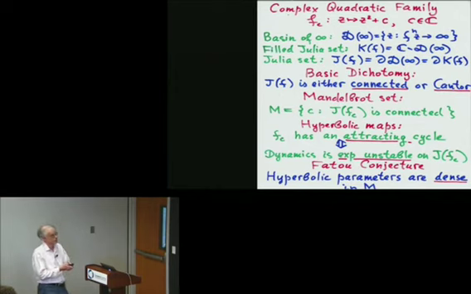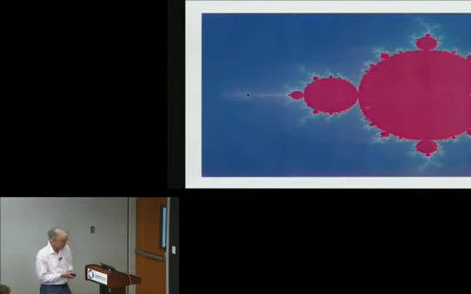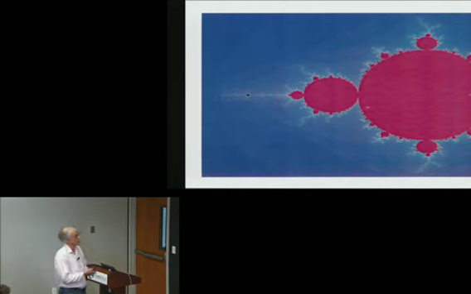So look at our parameter plane and mark those points for which the Julia set is connected. And this set is called the Mandelbrot set, and that is the one that I showed you at the very beginning. It is the parameter plane for the complex quadratic family z squared plus c. Here in this blue region, the Julia set is a Cantor set. Here in the red region, and actually it continues here, so this all belongs to the Mandelbrot set as well, and for all these parameters, the Julia set is connected.